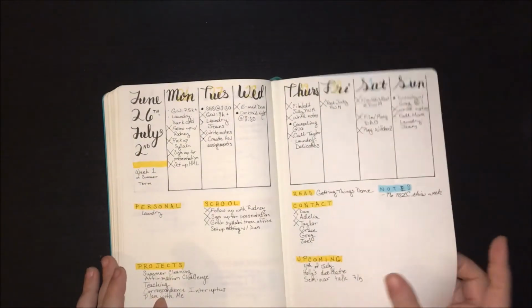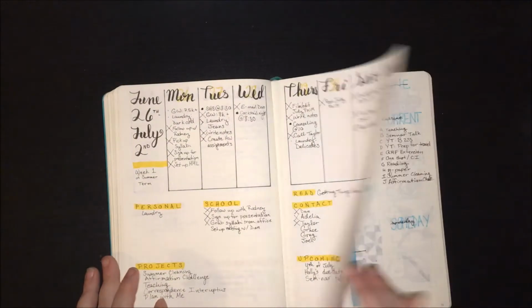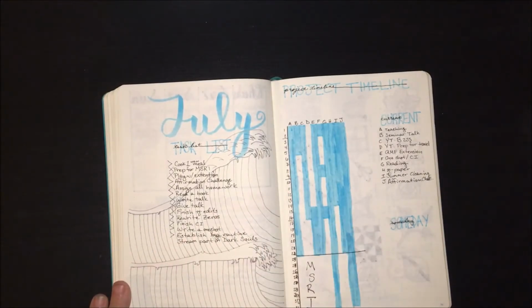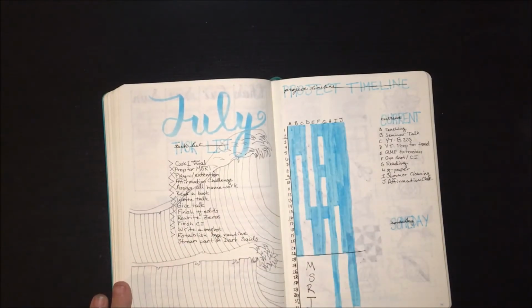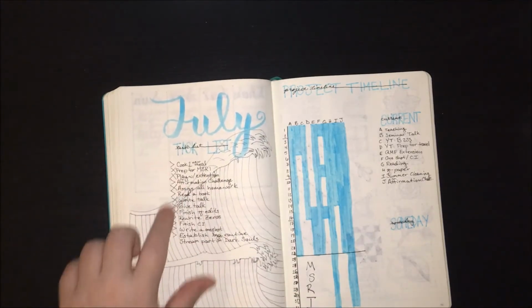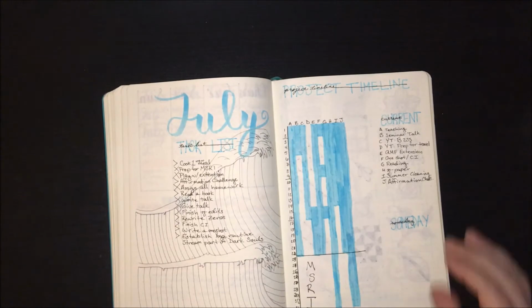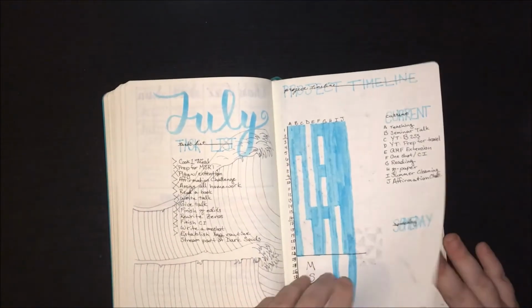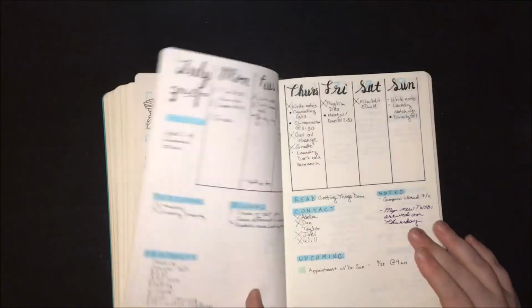I just wanted to try something new. And I then tried to incorporate that into my monthly. Really wasn't happy with it. It made this part right here look very busy and difficult to read, which is why I really did not continue with that. And then we have July,